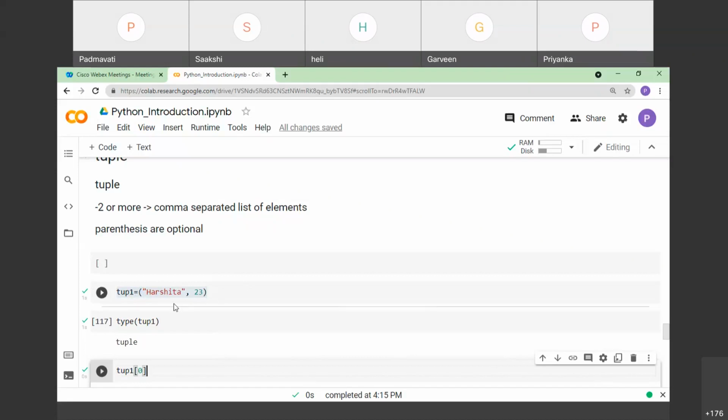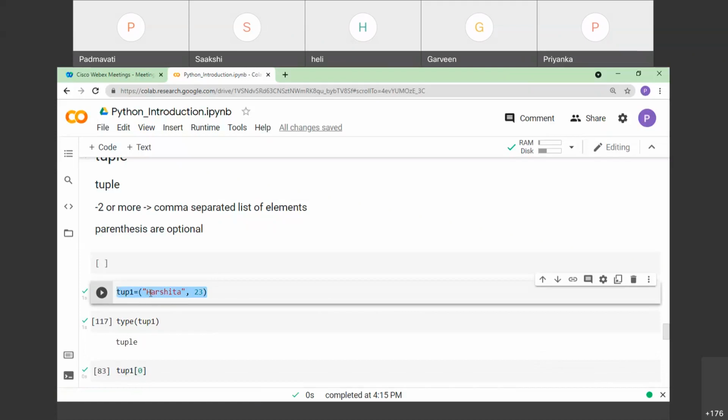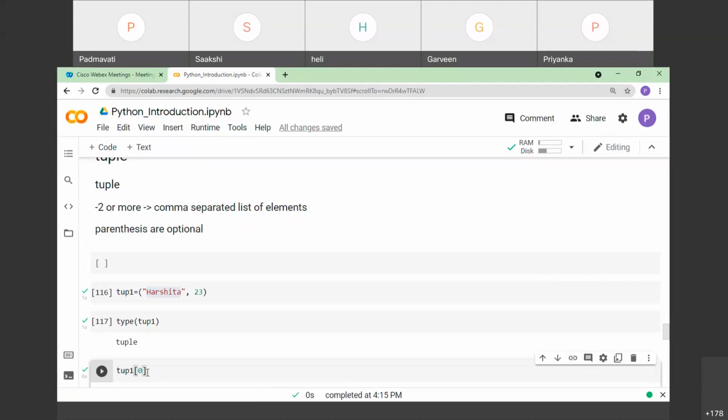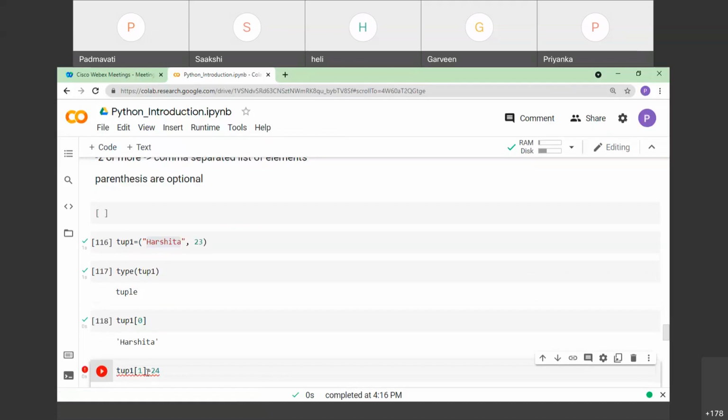For example, here I wanted to extract the first element. As I need to extract the first element, I give the index of this first element, that is tup1 of 0. What does it retrieve? It retrieves Harshita, the string, fine? The name of a student, you can say.